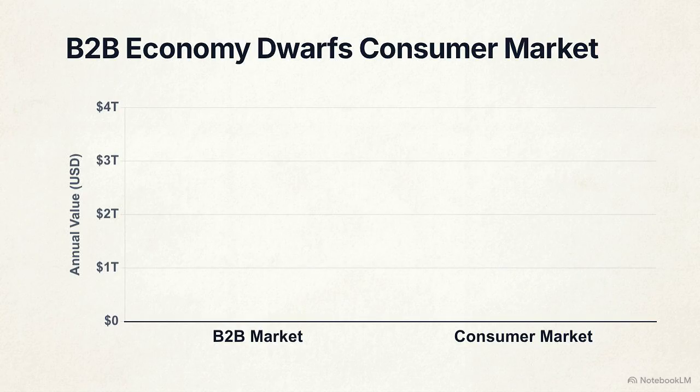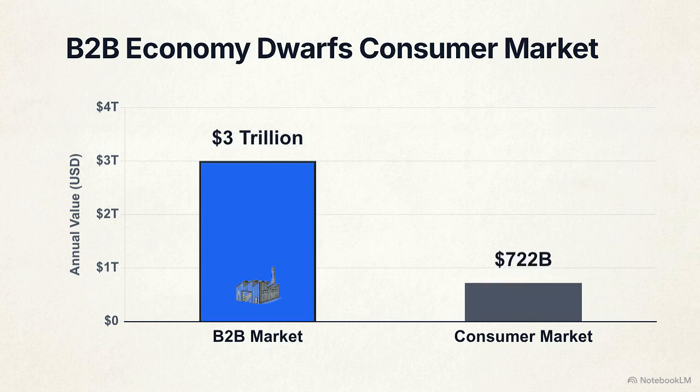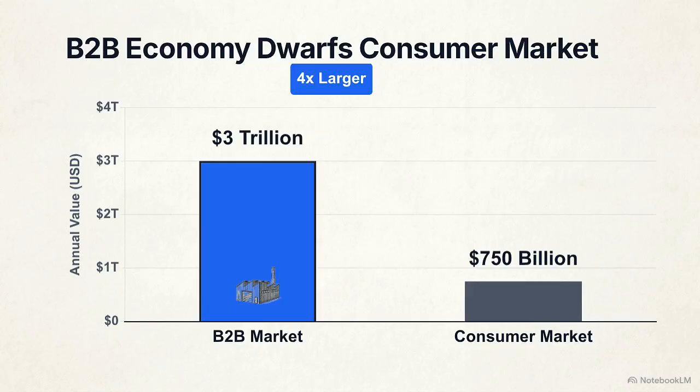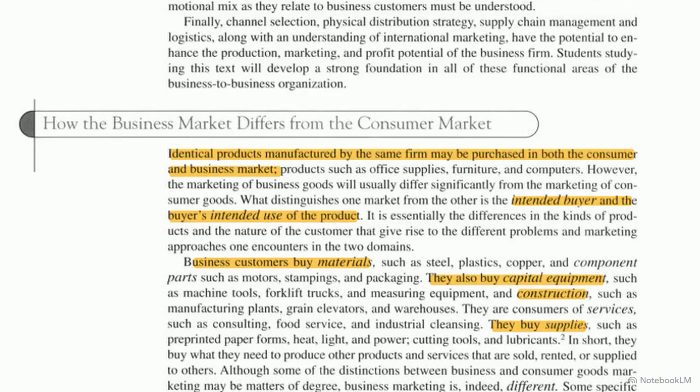When measured in dollars, the market for organizational goods and services exceeds $3 trillion annually, making it 4 times larger than the consumer market. A manufacturer can sell the exact same computer to a teenager or a Fortune 500 company. The marketing approach is determined by the intended buyer and how they plan to use the product within their own